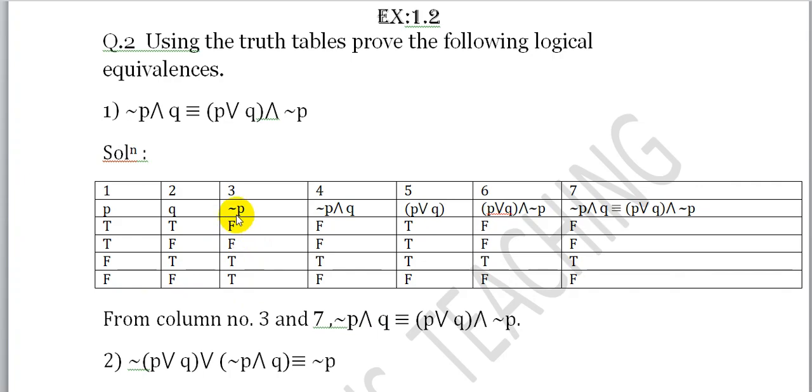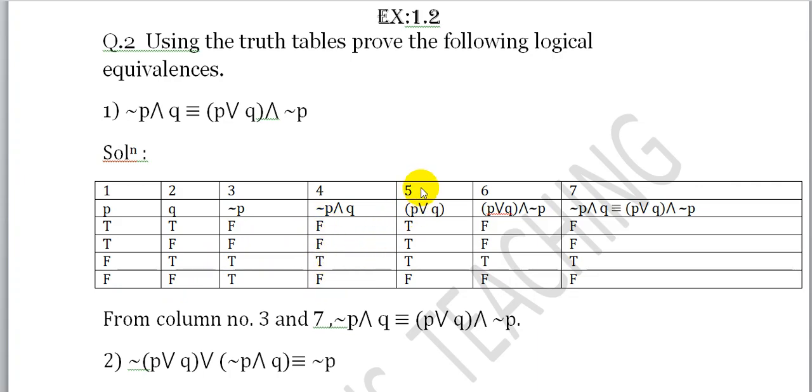Now negation P and Q. So negation P and Q, see these two columns. Then negation P and Q can be written as, what is the AND rule? AND rule is if both are true, then it is true, otherwise false. So we see that both are true in this row only. So this will be true and others are FF here and here it is F. So others will be false, false, false.